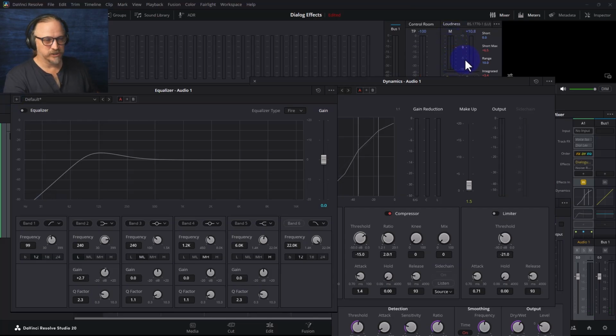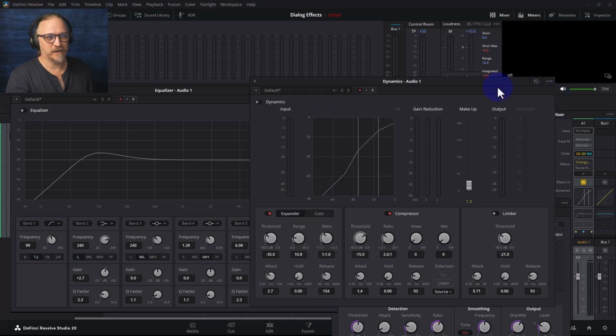Now, these tools can also be used to do a lot more. Like the equalizer, you can add presence, you can add depth, you can make horrible mistakes and make it sound terrible. The compressor, the same. You can really make it sound robotic and lose a lot of the human expression that you really want to keep. But these are the tools that you use to go ahead and make a well-recorded dialogue sound like studio dialogue.